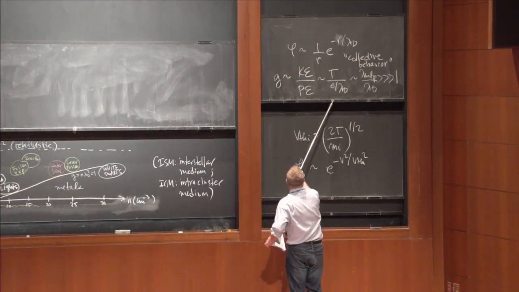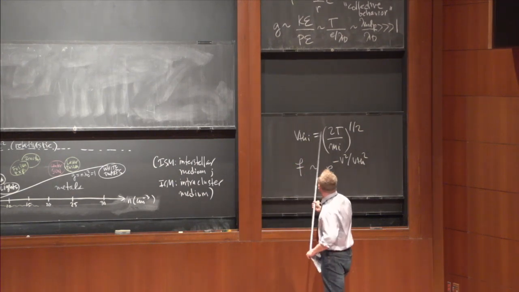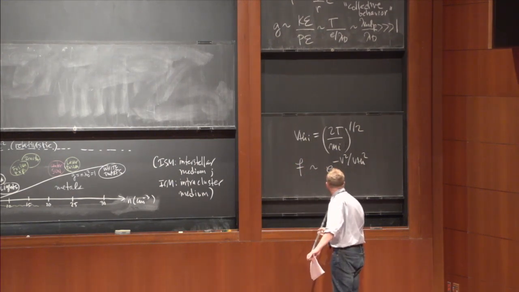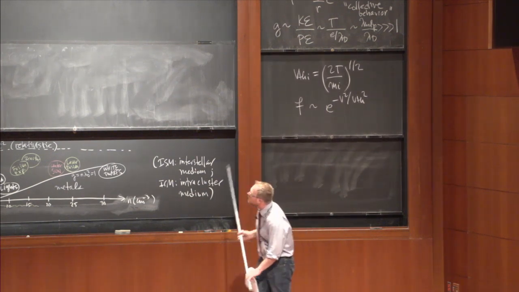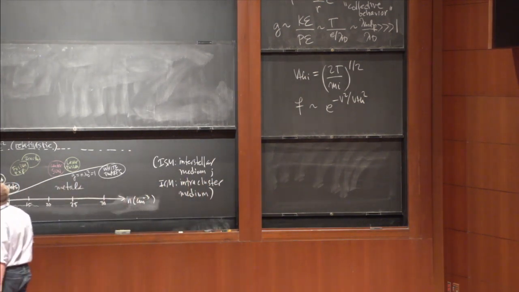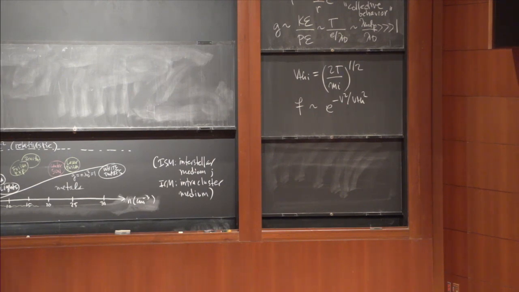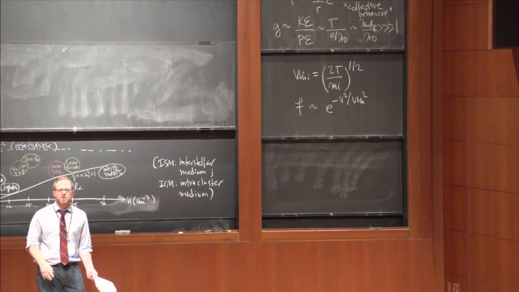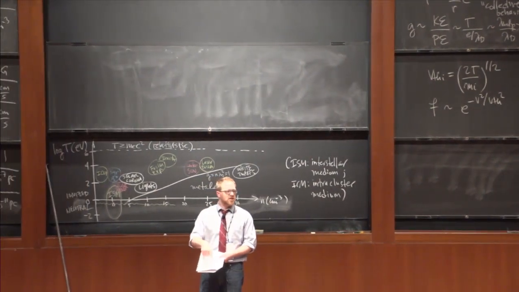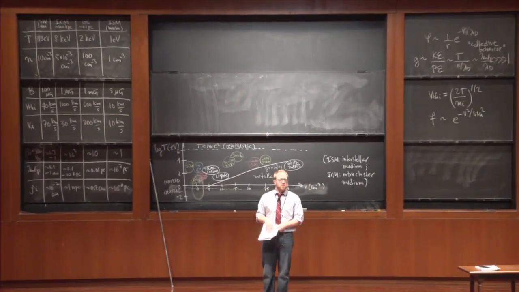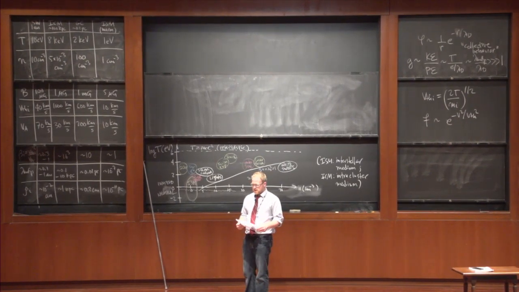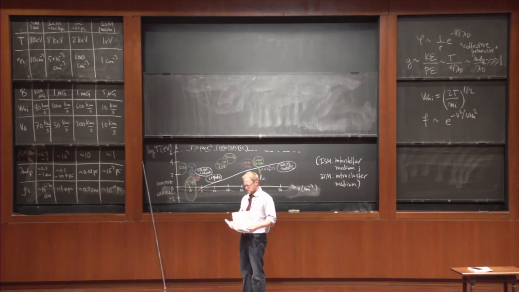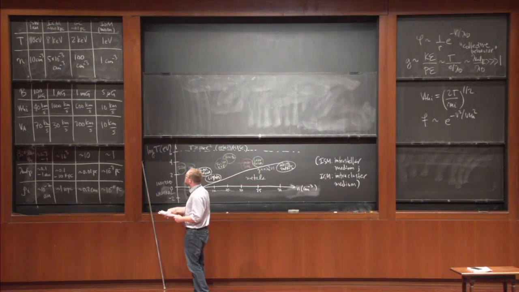So I give some examples of thermal speeds over there on the other board. I think I put them all in kilometers per second. So they span about 10 kilometers per second to 1,000 kilometers per second. One thing I didn't write on the board because I didn't have enough room, but it's important for later in the week, it's in the notes, and that's JET, which is the Joint European Torus, which is a fusion experiment. And that's the outlier. If you look at the notes on the charts on pages 5, 6 and 8, you'll see another column.